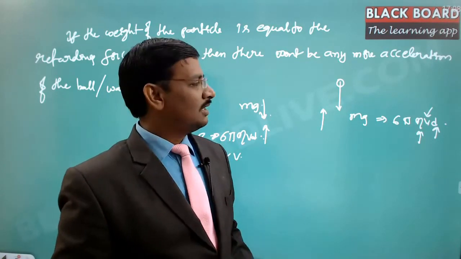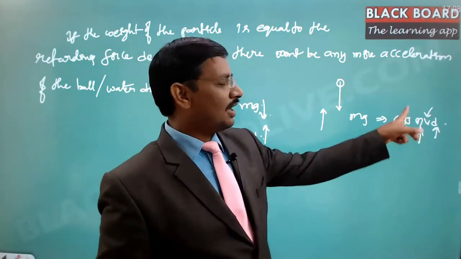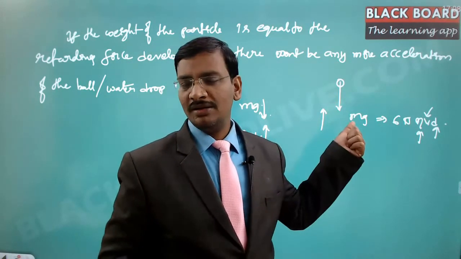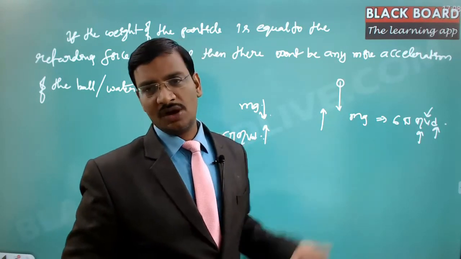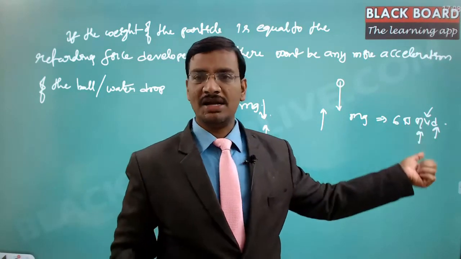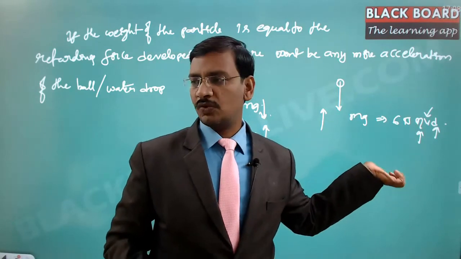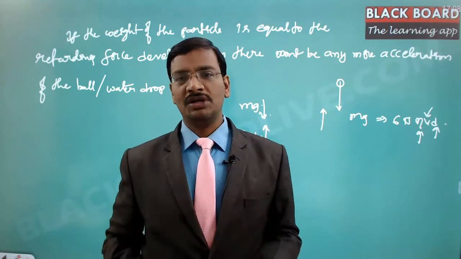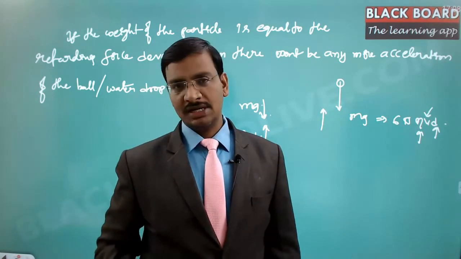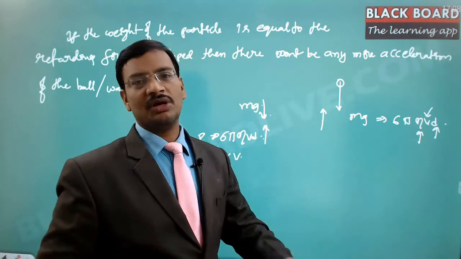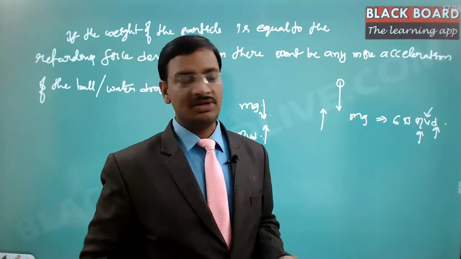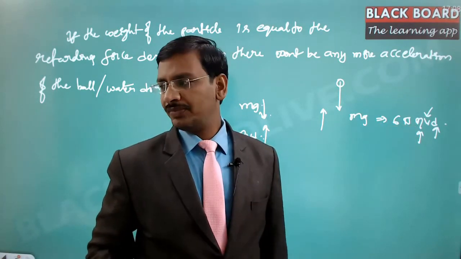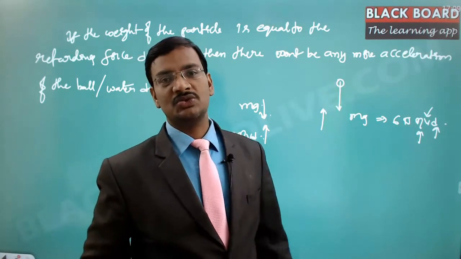Why? Because if it raises, meaning the retarding force is more, that means the counter acceleration is going to be applied. But is that happening? If we still raise the velocity, then what happens? The counter force is trying to push the water drop upwards. That means water will not come to the ground, it will go upwards again. Is that happening? Rain will always come to the ground. It won't go upwards because the retarding force shouldn't be more than the weight of the particle. If it is more, then it automatically raises upwards.